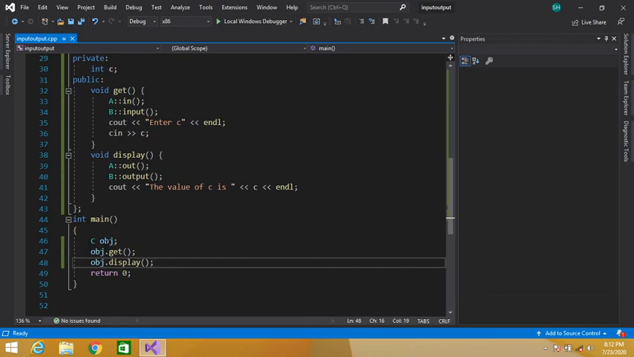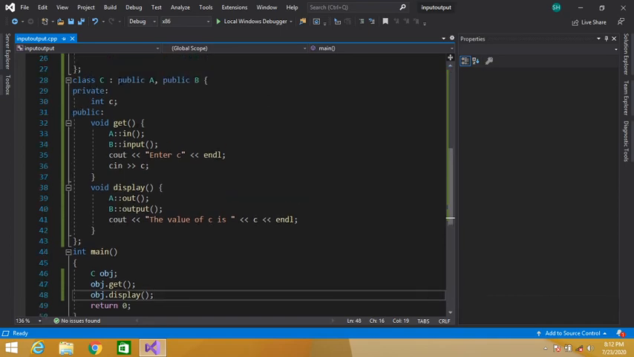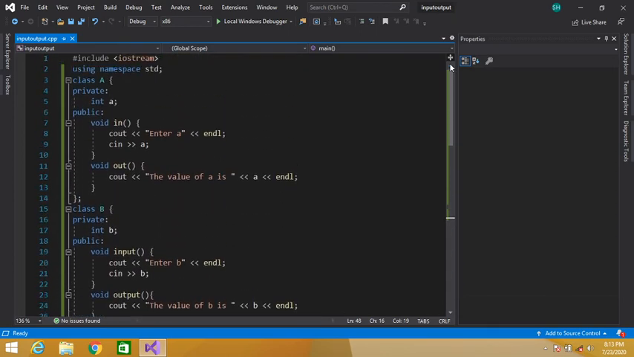So first I have created the object of my class C, and then using that object I am calling my get function, so the control will directly jump here in the definition of this. Here we are calling this in function of our class A, so the control will directly jump to the definition of this in function here. And here it will prompt the user to enter the value of A, and user will enter the value of A. After execution of this function, the control will jump back